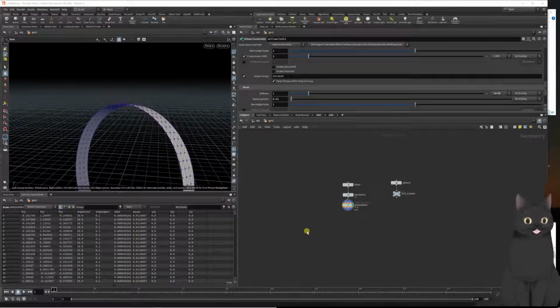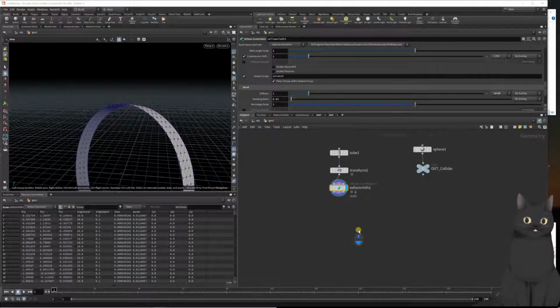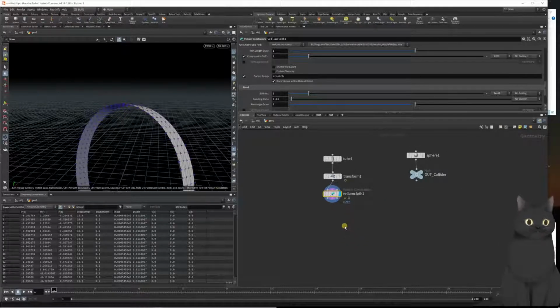And that's going to work in our case, because we'll employ a few other tricks to make sure that these individual rubber bands really shrink and contract towards the sphere. Okay, attach two nulls here. Let's call one out vellum geo, and the other one goes into the pink slot here. Let's call it out underscore constraints. Like